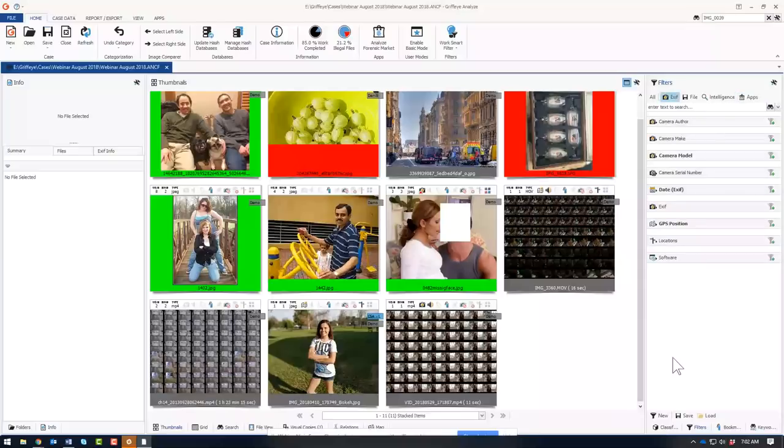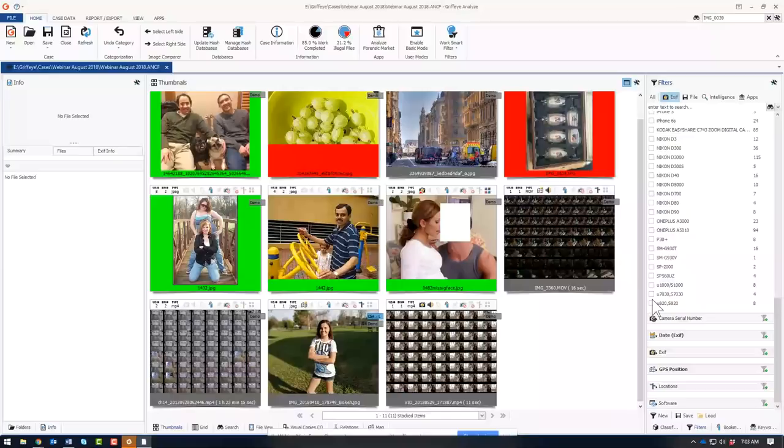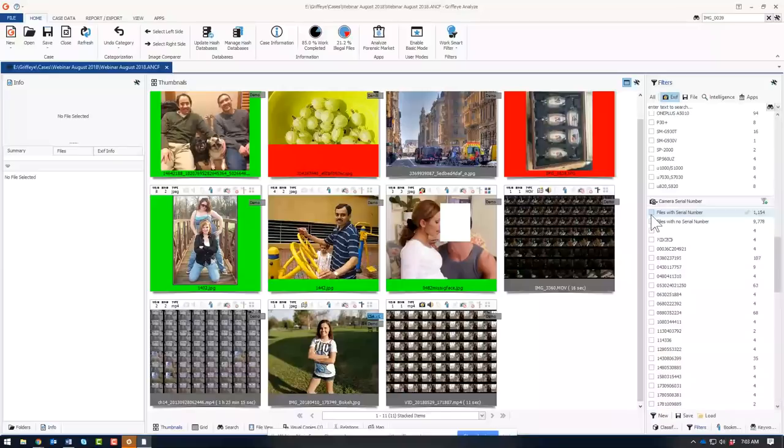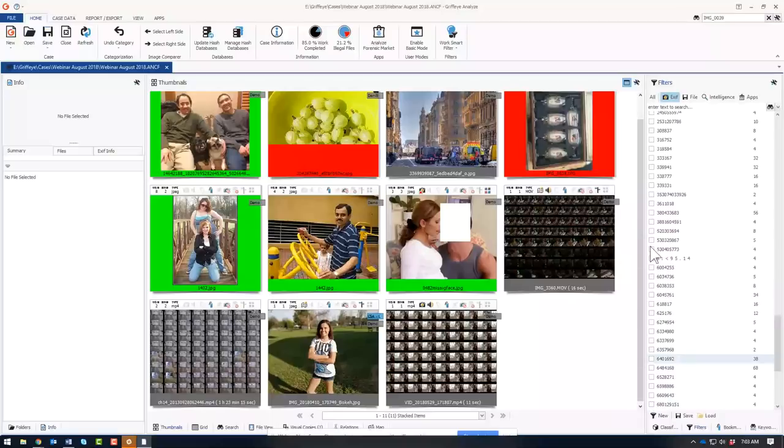If it's victim ID, you want to see if there's any live victims, which is always of the utmost importance. And the workflow that we adopted and created in Arizona is victim ID first. The first thing you do when you sit down is see what's being generated, see the first generation files, which is anything that's got make, model, serial number, that type of thing, and match it up against any cameras that you may have on scene. If you happen to have a camera with a known serial number, see what this person is producing. That's a great way to start.